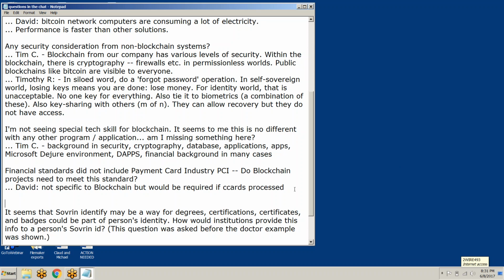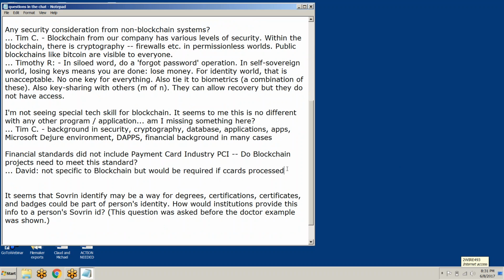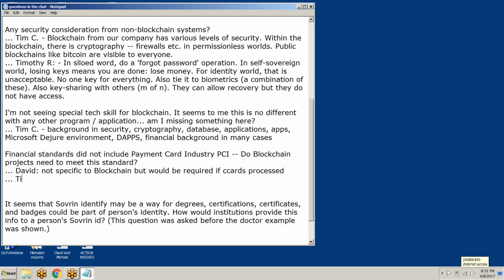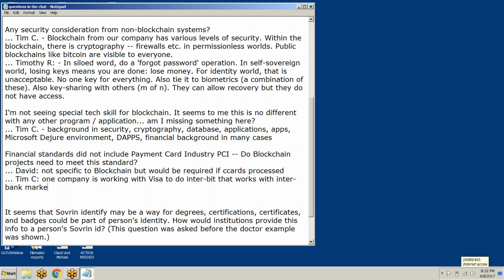Yeah, and Dave, I actually have an update on that. This is Tim Christensen. There is one company, and only one that I am aware of in the public realm, that is currently working directly with Visa. Their company symbol is BTL, and they are expected to have a beta out hopefully this fall or winter for something called Interbit, that is supposed to work directly with the interbank market for clearing. So if that happens, that's going to open up a lot in the blockchain POS world that is not closed right now, but just